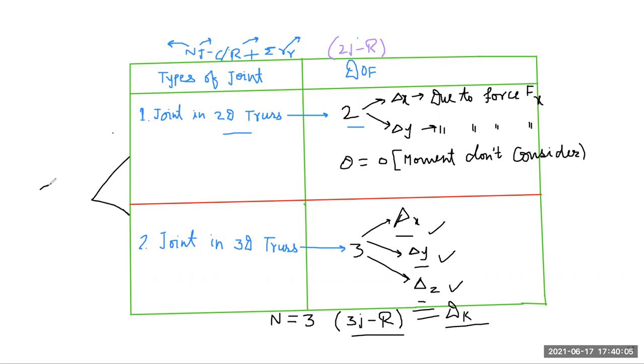So you all remember this, because when we analyze truss structures, in module 3 we also use this concept: what is the possible degree of freedom available at a joint in a 2D truss. So you must remember these things. In a truss, the possible degree of freedom at a particular joint will be 2, delta x and delta y. Theta value is 0. Here also the theta or rotation value is 0.